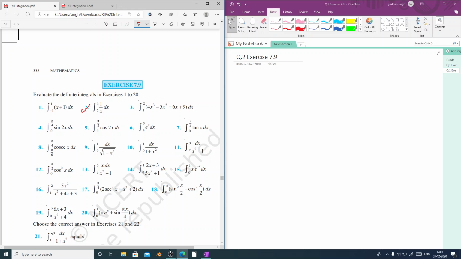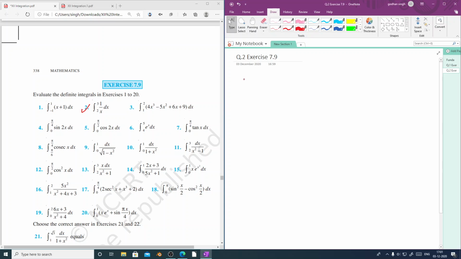So what we have to do is just integrate the function and then put in the upper limit and the lower limit, and then subtract both, and we'll be getting the value of the definite integral. So very simple, not difficult at all. So let's just try this question number 2. So solving 2,